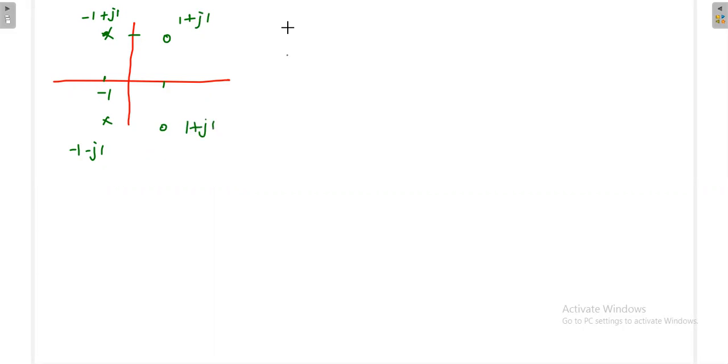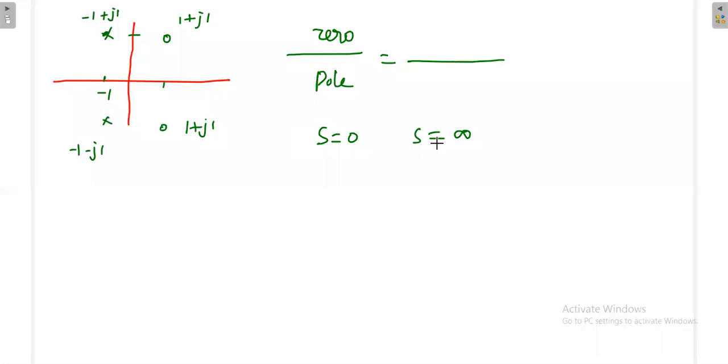In the numerator zeros will come, in the denominator poles will come. Then what is the structure of the equation? And then finally you put s equal to 0 and s equal to infinity. Then you observe the nature, whether all are one, or otherwise find out what the magnitude is, whether that is unity or not. So whenever the poles and zeros are symmetric with respect to origin, then that corresponding circuit or transfer function will act as an all pass filter.